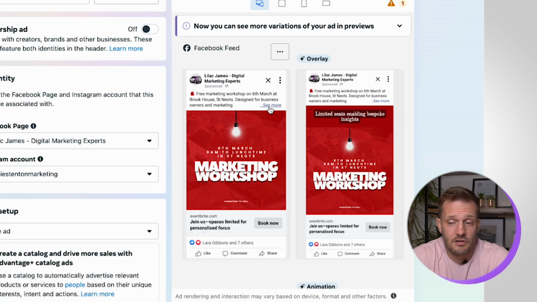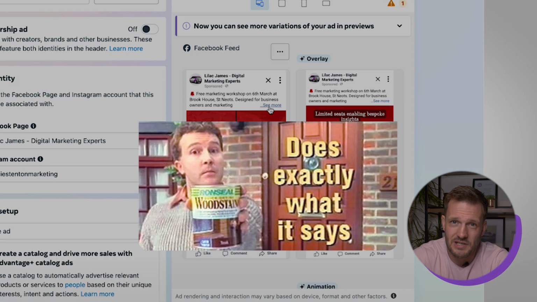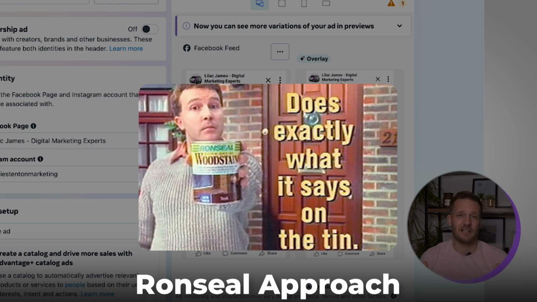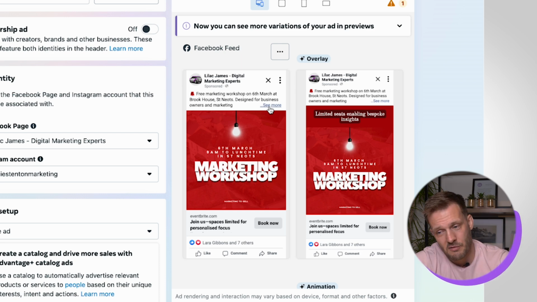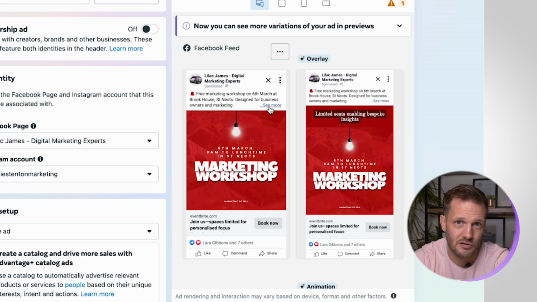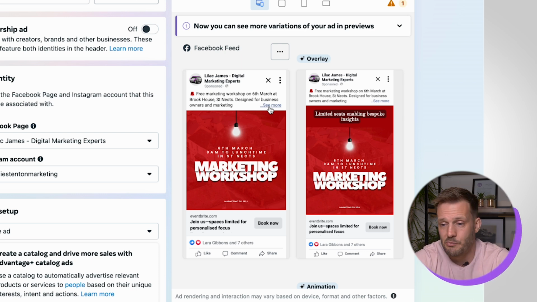Now, what we like to do in the hook is we go for the Ronseal approach. If anyone remembers the old Ronseal adverts, does exactly what it says on the tin. It's got to be something intriguing that is going to encourage people to click on the see more. And this is for a marketing workshop that we're running locally, an in-person event in the Cambridgeshire area